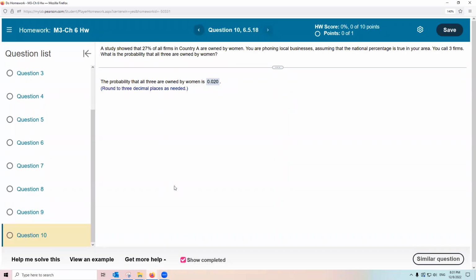All right, let's take a look at this one. This one's a little tricky. It says, a study shows that 27% of all firms are owned by women. You call 3 firms. What's the probability that all are owned by women? Well, there's a couple of ways I could set this up, but one way I can think about this is that because they're asking me for all 3 women,